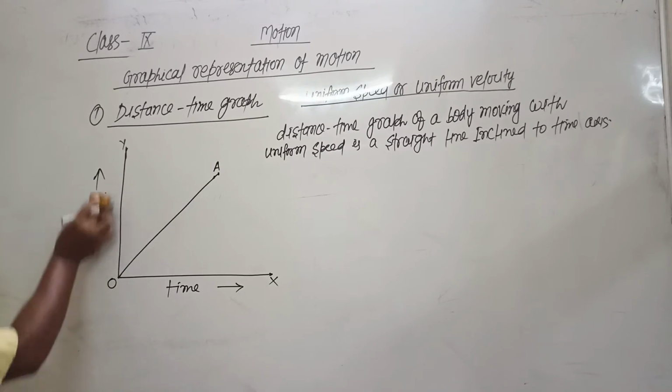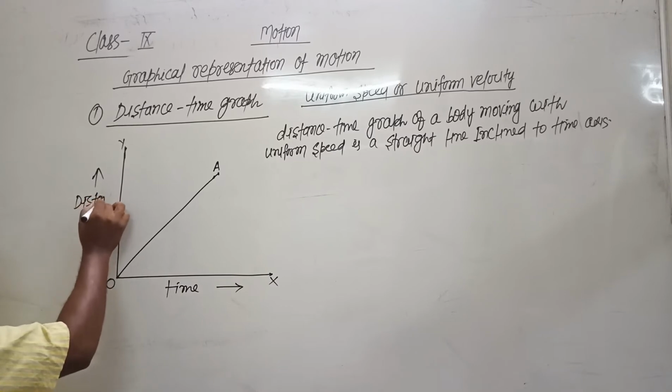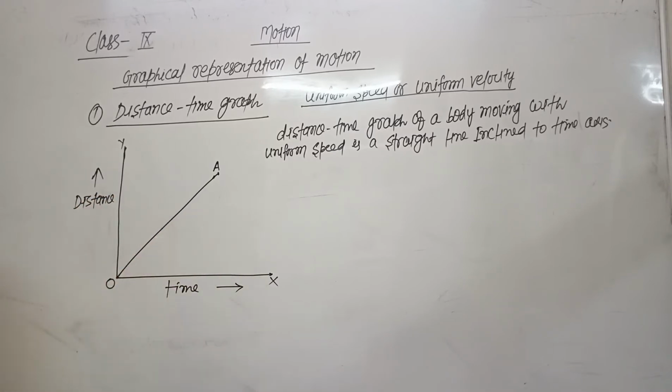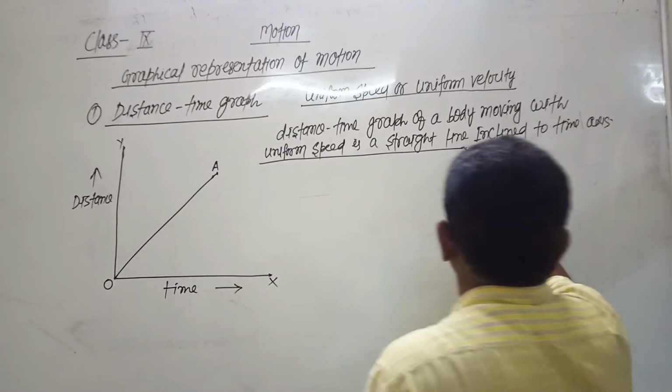This is the distance time graph, and this graph shows that the body covers equal distances in equal intervals of time. So if there is a distance time graph of uniform speed and we have to find the speed from this graph, how do we find it? To calculate speed from a distance time graph,